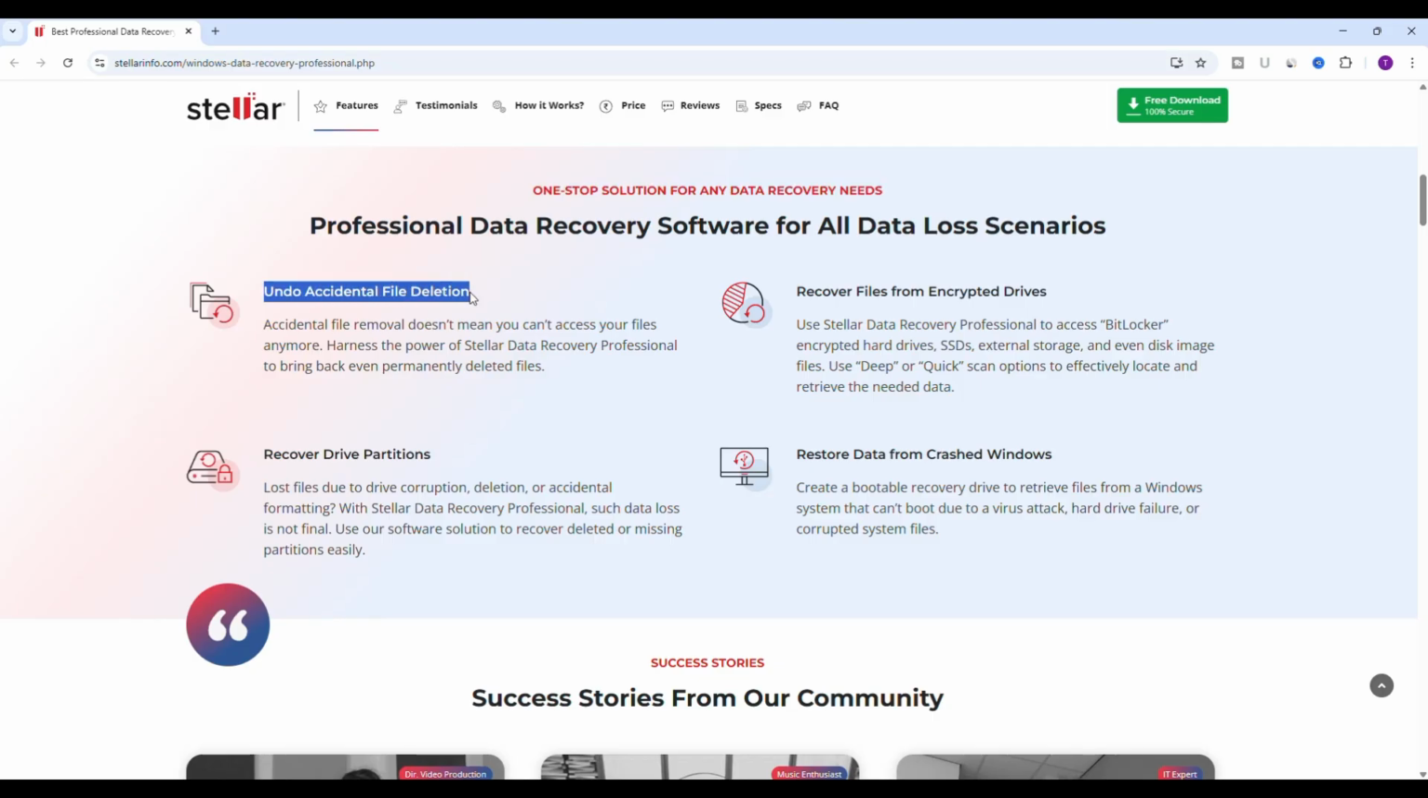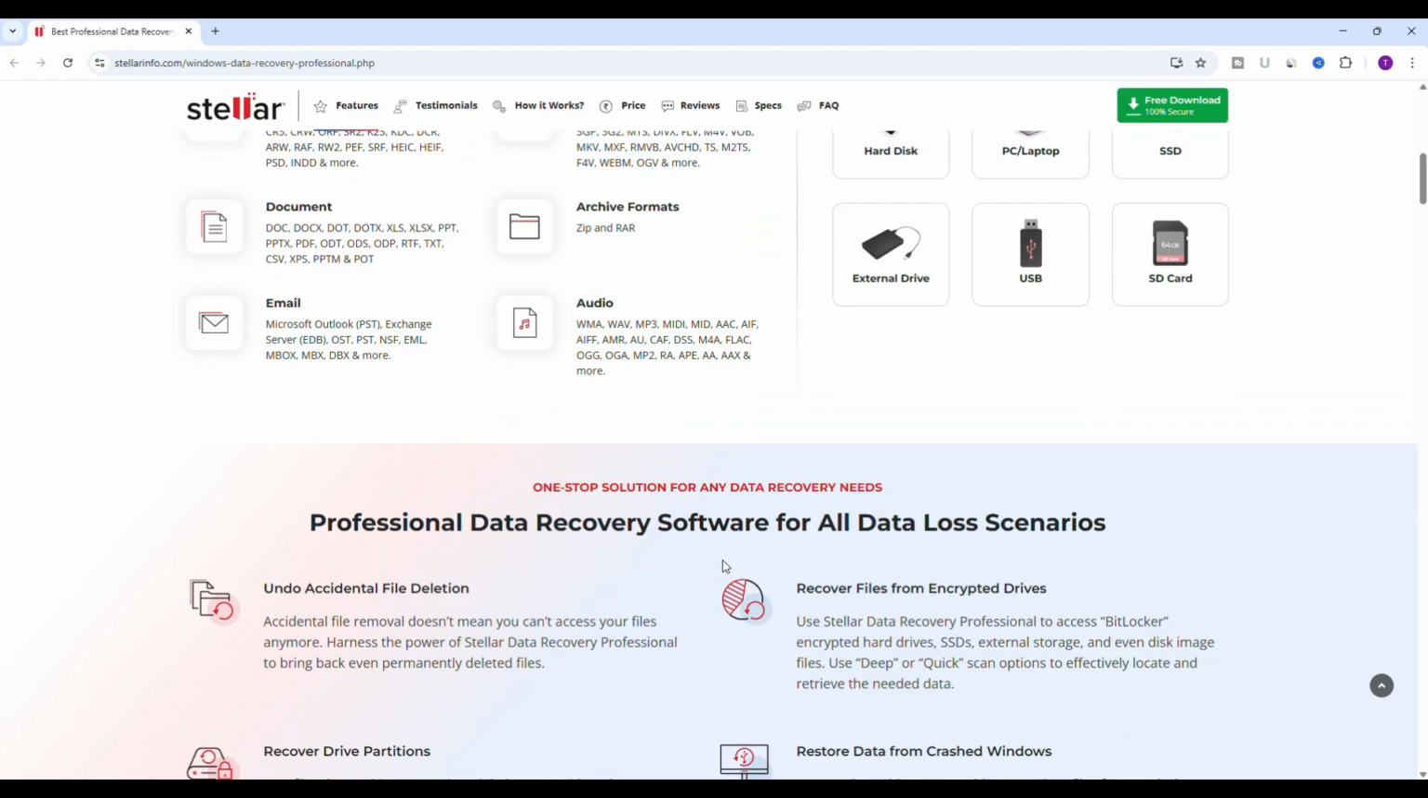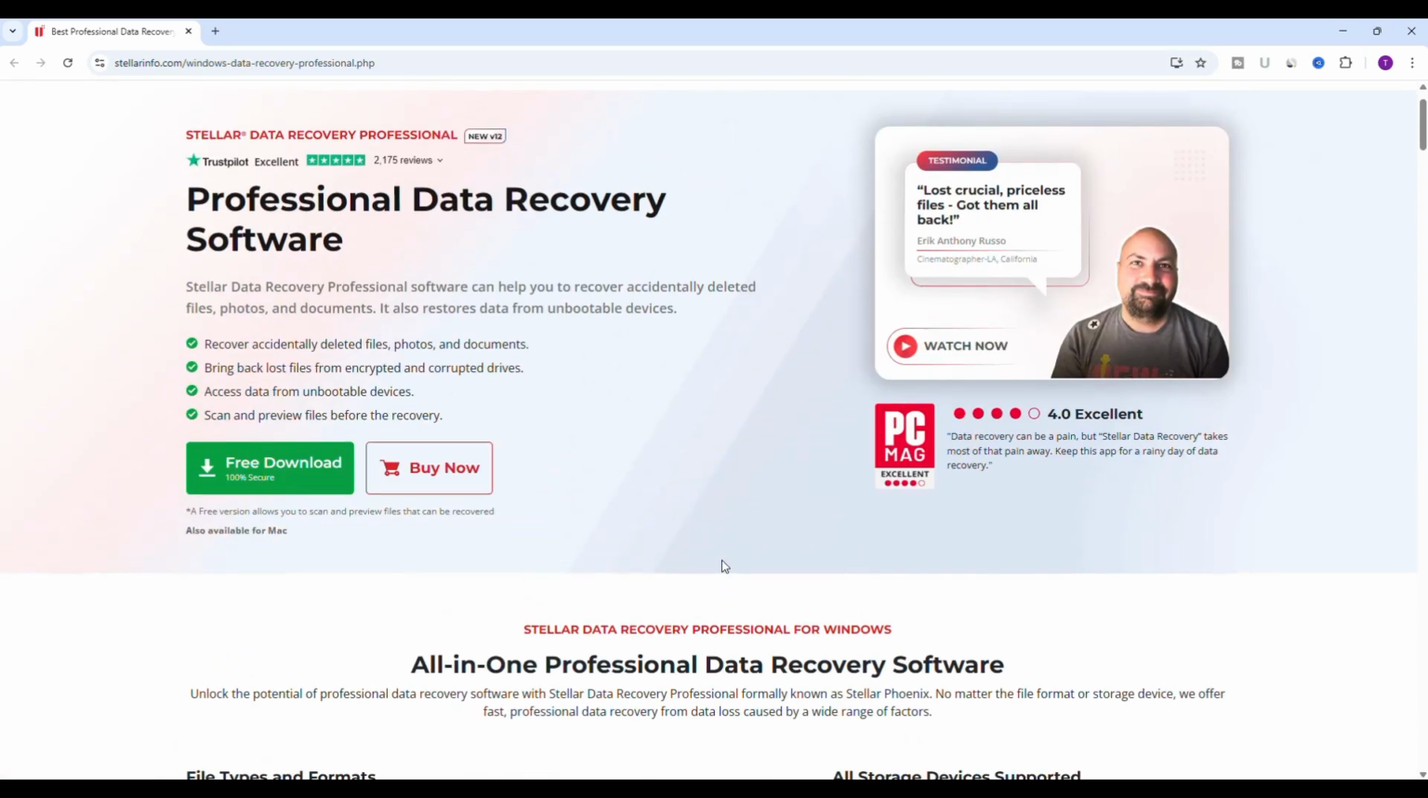You can recover accidentally deleted files even if they are permanently removed. It also supports recovery from encrypted drives like BitLocker. If your drive is corrupted or formatted, you can recover a lost partition easily. And even if your Windows system crashes, you can still restore your data using a bootable recovery option. I am not just explaining things here, I will show you a real example of recovering deleted files from a